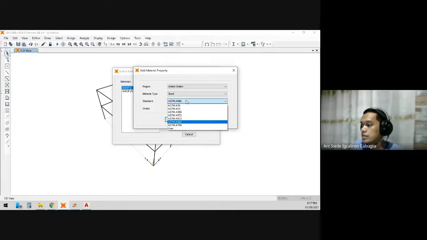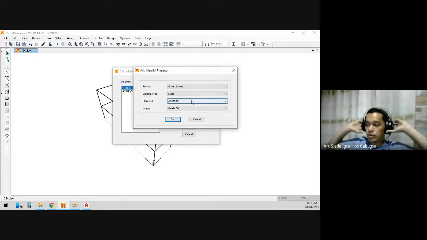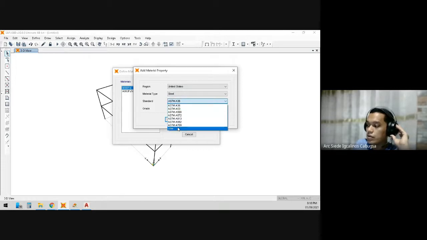Then just check on okay. All right. So based on ASTM, we only have A36 steel, or 36 KSI steel,